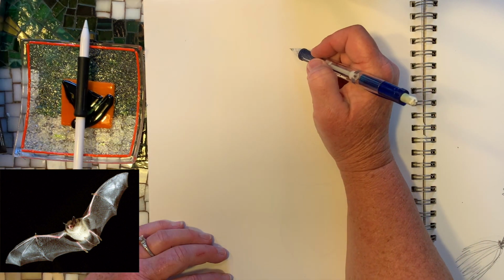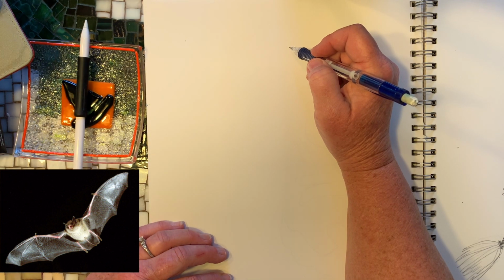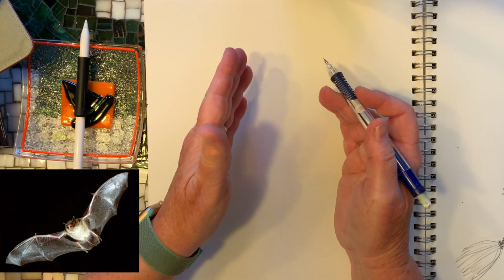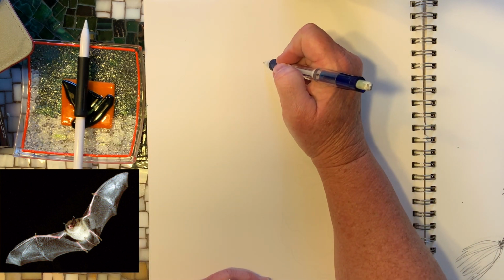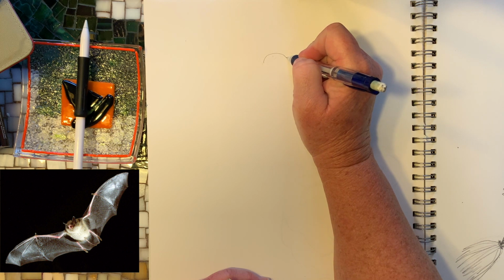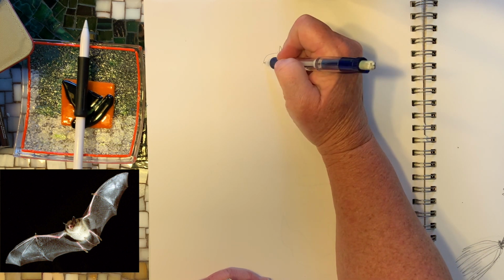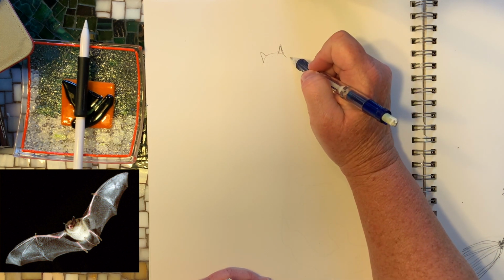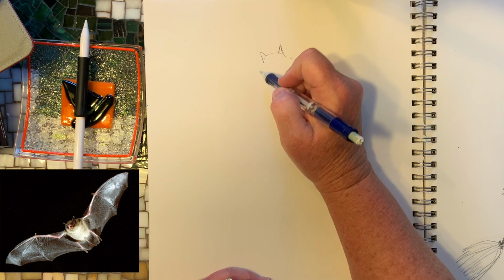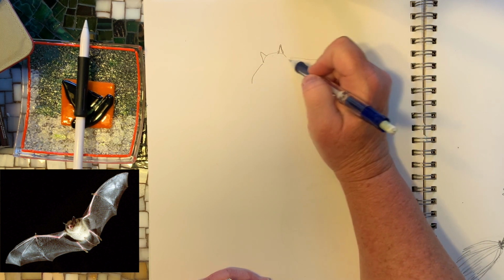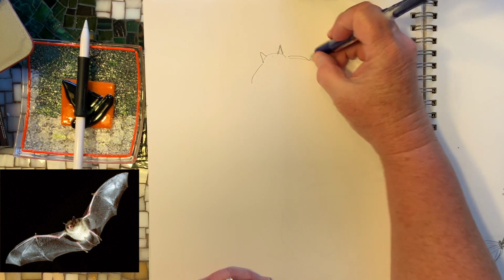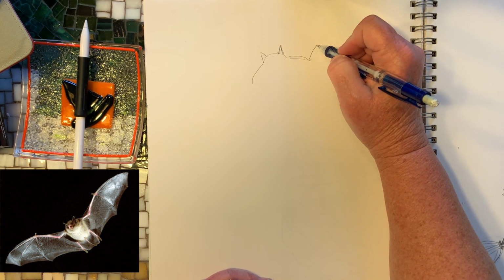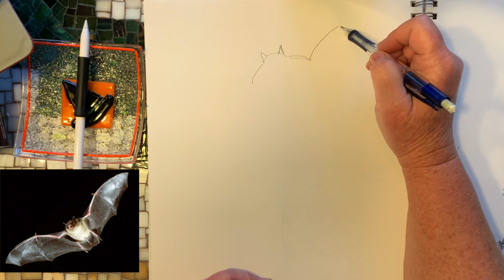And remember when I said that the bat had a center? His body was the center. So let's just draw the body. And there's his 2 triangle ears. And then he has this arm that comes out like that. And that's his elbow. And then he has fingers that start 1,